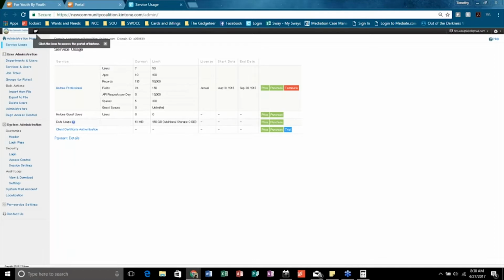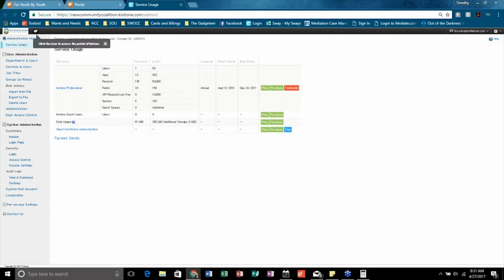And that time, even if it's cut in half, could be better placed into operating the organization, serving the people that we serve, or animals if you're an animal shelter, making that change in the world. The ease of access that Kintone brings, the user interface that is friendly and customizable, and the fact that the data is on the web and not saved to your hard drive is fantastic.